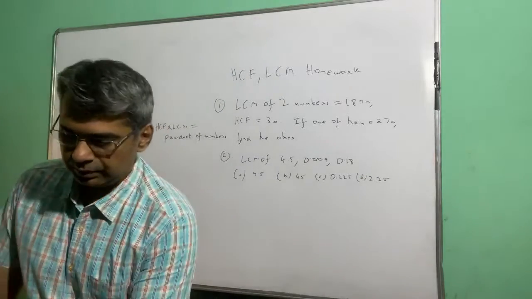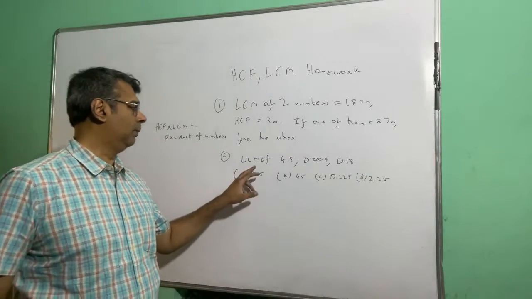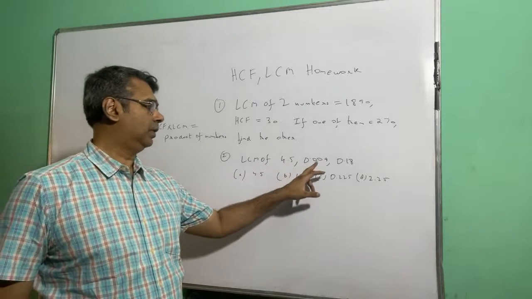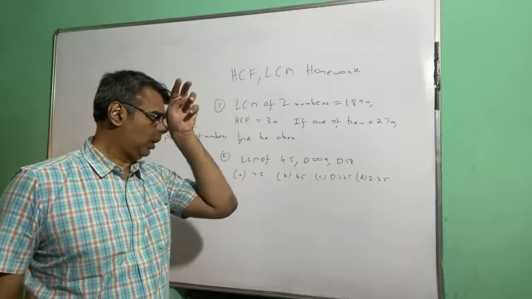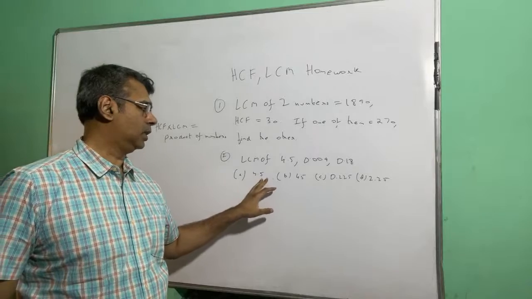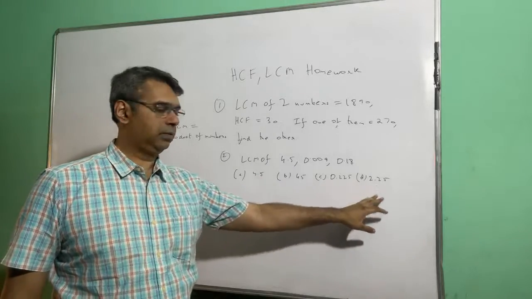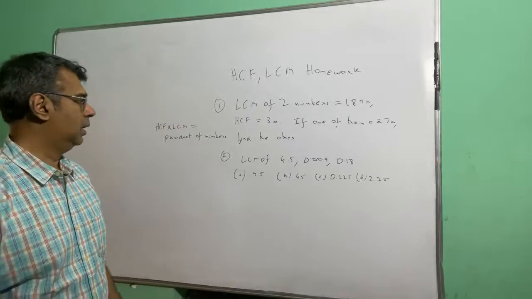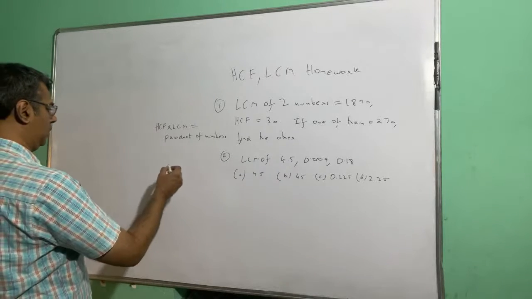Okay, next we go to question number 2: LCM of 4.5, 0.009 and 0.18. These are the options: 4.5, 45, 0.225 and 2.25. Now for doing this sum, the method is